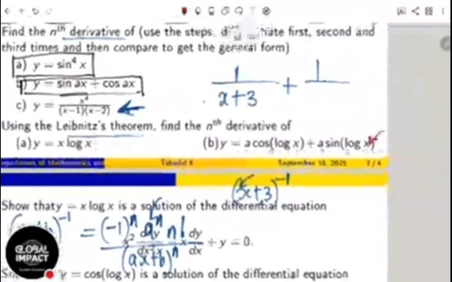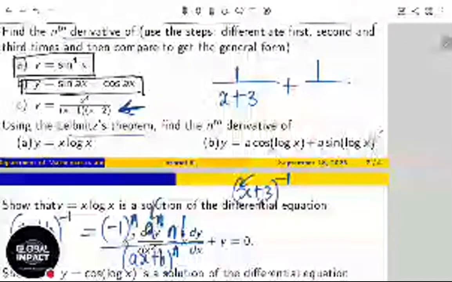We want to now do the Leibniz theorem, and we want to see how far we can go with it. If you want me to redo anything, you can move back the video and rewatch. That's the good part about it. You can move back and rewatch anything you need. But for Leibniz, we have number 4a, then we have number 4b.